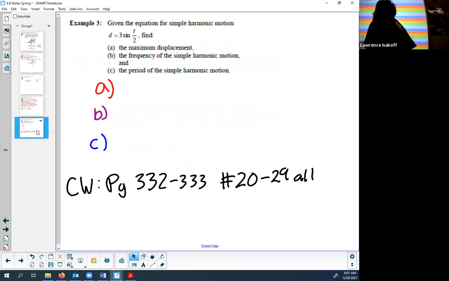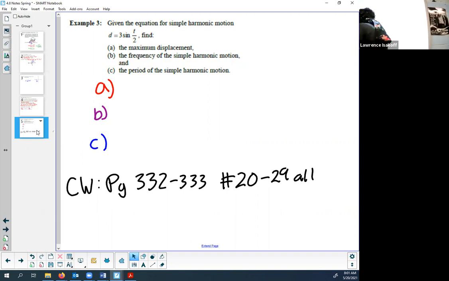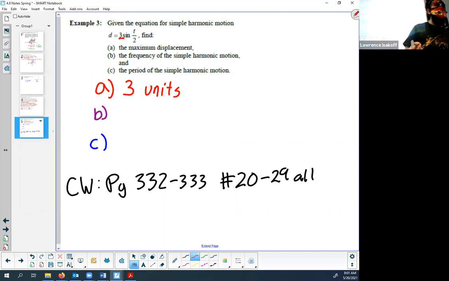So here with this, give the maximum displacement of this. The maximum displacement is just the amplitude. The amplitude here is 3. So they gave us this equation for simple harmonic motion. I just pulled the amplitude from there. That is going to be 3. I'm just going to call it units because they did not describe to me what my units are. That could be feet, that could be meters, that could be inches. I don't know right now, but